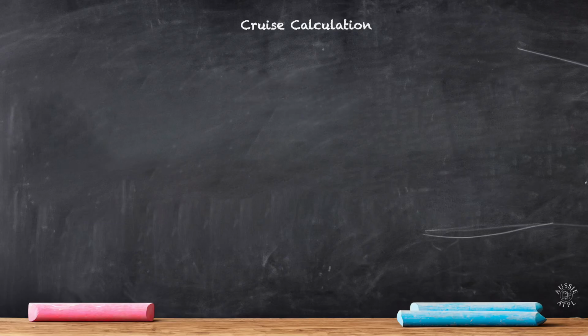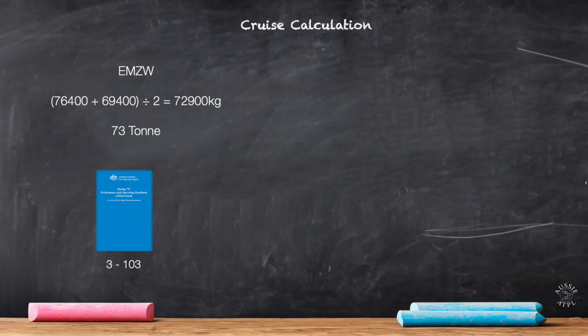Now, first thing we have to do with all cruise zone calculations is find our estimated mid-zone weight. To do that, we take our start of zone gross weight and our end of zone gross weight, add them together, divide it by 2, and that will give us 72,900 kilos. Make sure to round this to 73 tons to enter into our graph on page 3-103 of the Boeing 727 handbook. Make sure you read from flight level 310 and check to make sure it's Mach 0.84. If you get the fuel flow figures from here, make sure you interpolate between 74 and 72 tons for the 73 tons that we need, and you'll get a fuel burn per hour of